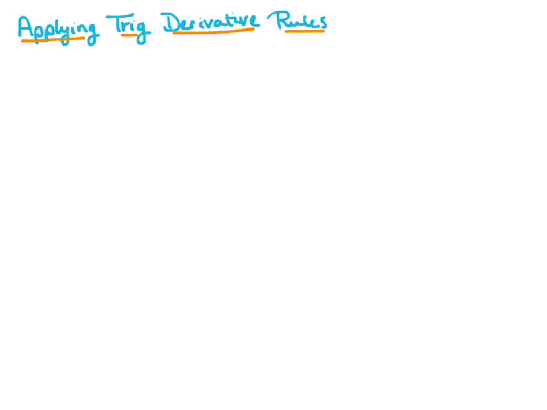Today we're going to be looking at a few examples for applying our trig derivative rules. This first example, we'll start with a fairly simple example. Y is equal to secant x minus cotangent x. So here I just have the difference of two trig functions, and we're just going to directly apply those trig derivative rules. If I want to find the derivative of this function,